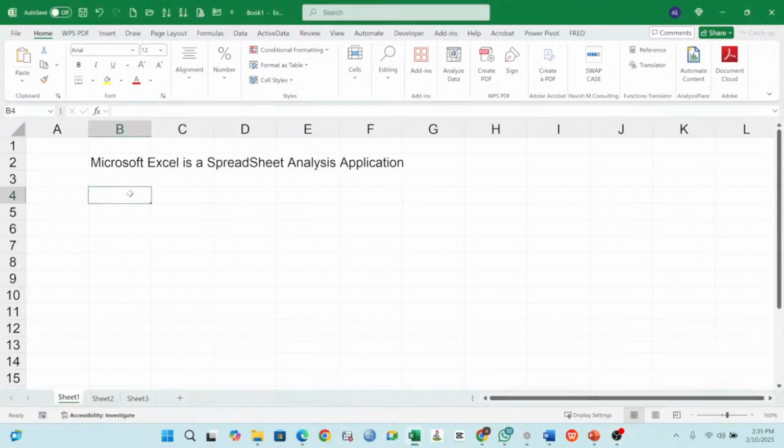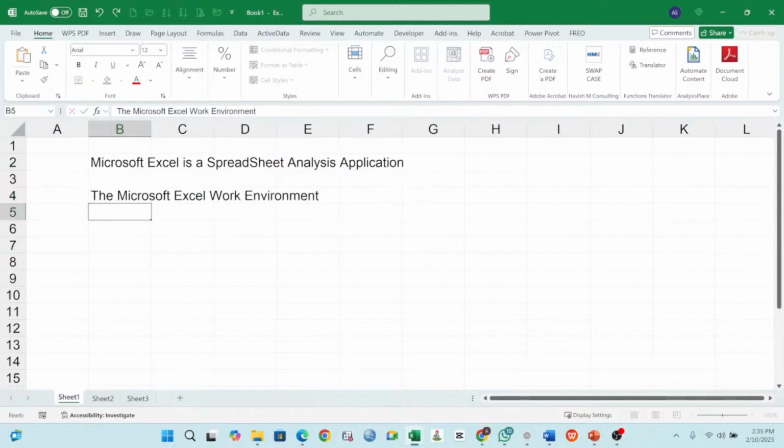The first thing that we want to do is to understand the work environment, the Microsoft Excel work environment. Okay? So as a new user, this is very important. It's very important that you know the work environment, because that's what makes you